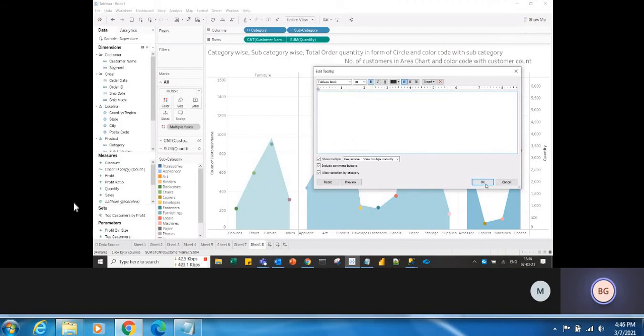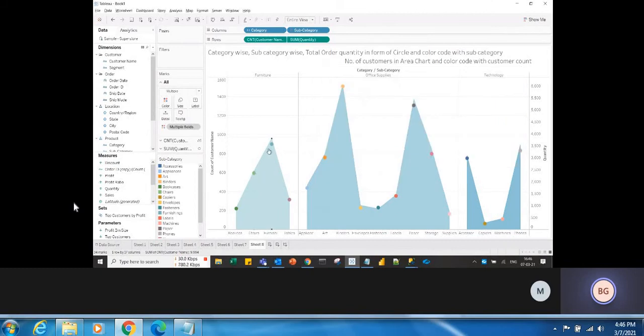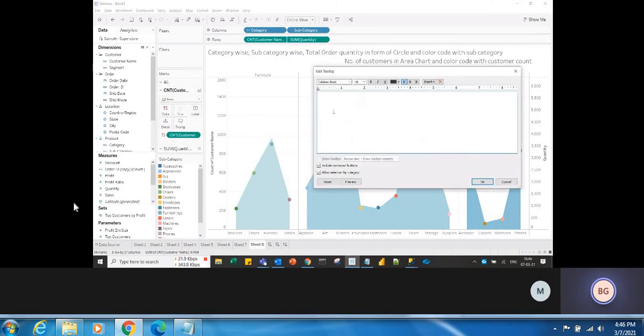Now click on OK. Now if you see, the tooltip is not showing anything because we have removed it, right? How to get that? Now go to the customer name marks card, go to the tooltip, paste it here and keep whatever you want to see. Like, do you want to see the category? Leave it. Subcategory you want to see? Leave it. And this is the customer marks card, so you want to see the count of customer?